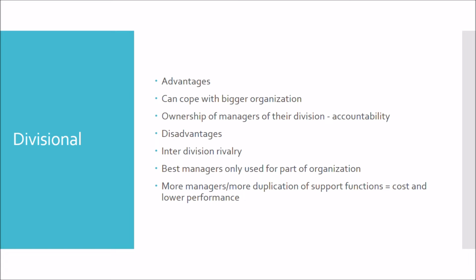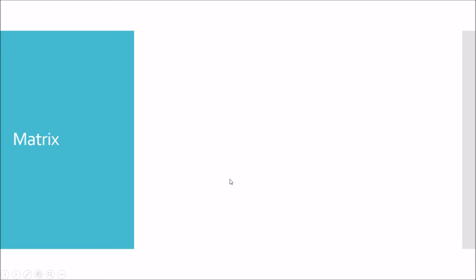That duplication can have us in two things. On the one hand, it's going to cost more, and on the other hand, we might not be able to use the best of our resource across all the functions. It's only sitting in one. We might have a series of smaller finance software systems, let's say, rather than one big one. So we can have this inefficiency driven from the divisional structure. On the one hand, we might get efficiency on the basis of decision making. On the other hand, we might get inefficiency on the basis of cost.